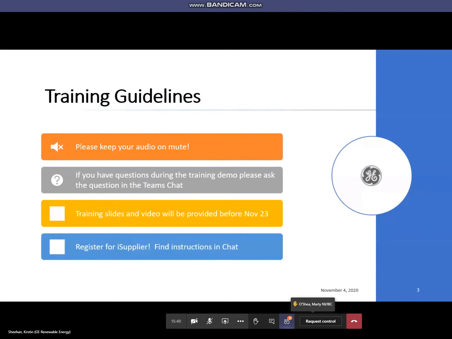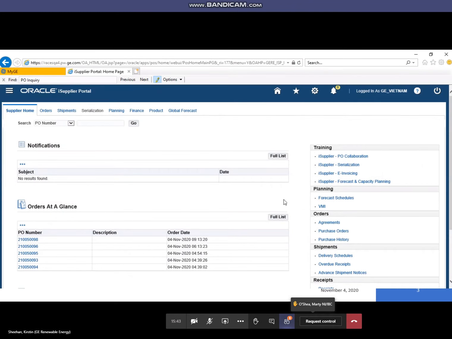Okay, so a couple things on iSupplier e-invoicing. This applies basically to anybody who uses ClearOrbit today to submit an invoice. You're going to transition to doing that in iSupplier. If you submit invoices via email or tungsten or fax, you'll still continue to do that after we transition to iSupplier. So this is really just for those suppliers who provide material or services for our U.S. legal entities. Those POs must be invoiced in iSupplier. The other thing to keep in mind,